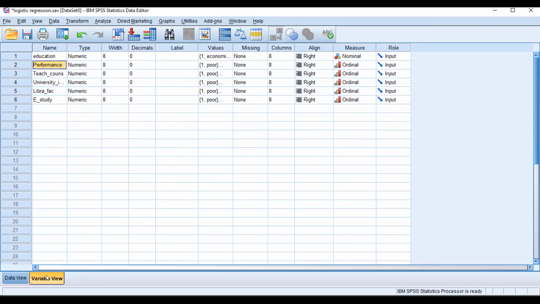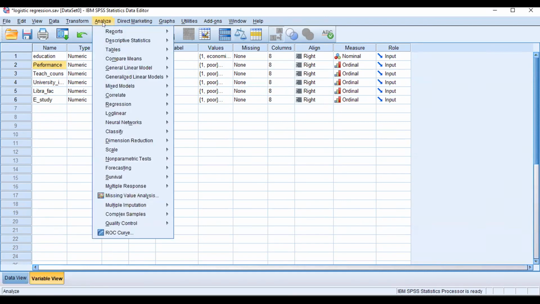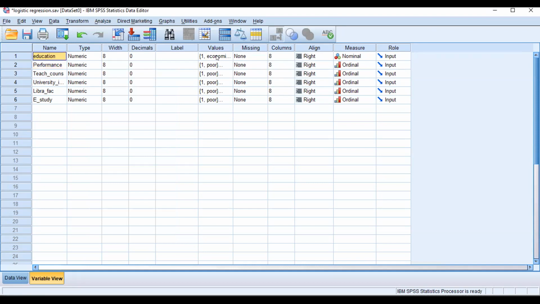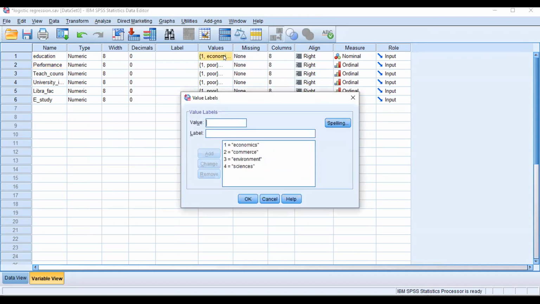You can analyze the impact of section. Suppose I'm assuming that science background students have a good performance, so I will go for the analysis. In this case I'm not going to run a regression or logistic model, because this is a nominal variable. I cannot say economics is good or science is good. We cannot claim science is better than economics, or commerce is better than economics, or economics is better than